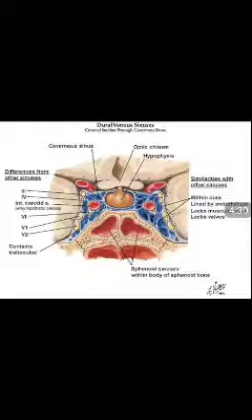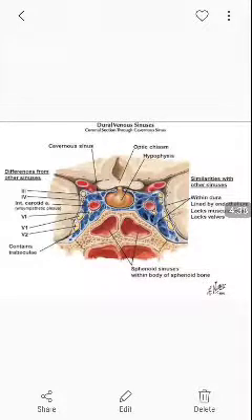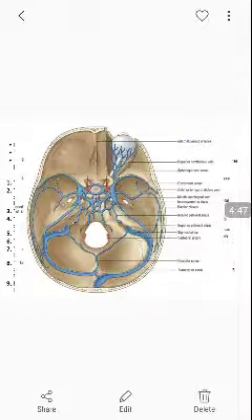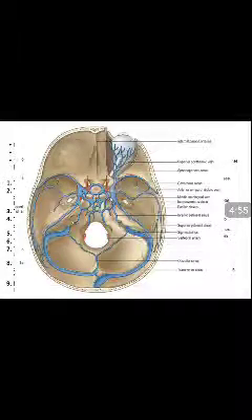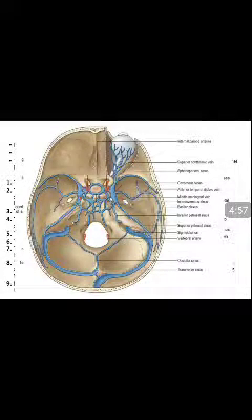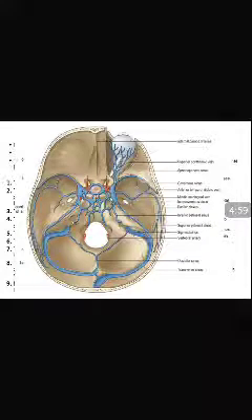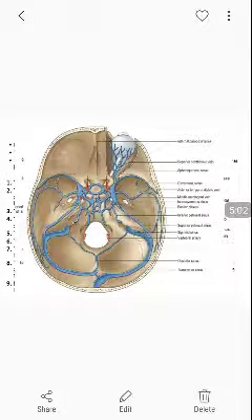If this arterial blood and this venous blood get mixed with each other, as in a carotid cavernous fistula, which I will be discussing in my next video. So what will happen, I will discuss it later on. And here you can see the tributaries of the cavernous sinus. This is the ophthalmic vein, which is draining the orbit directly into the cavernous sinus in its anterior part, then the sphenoparietal sinus, then the middle meningeal vein, and posteriorly we have